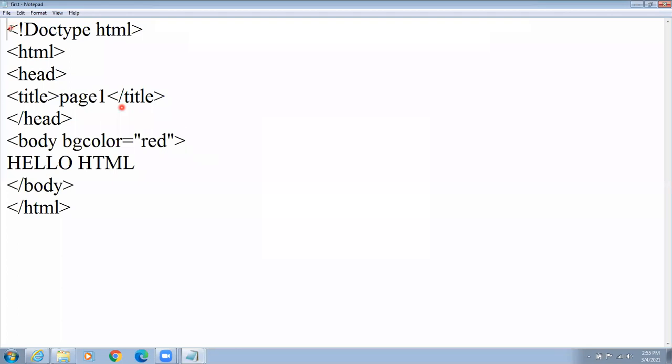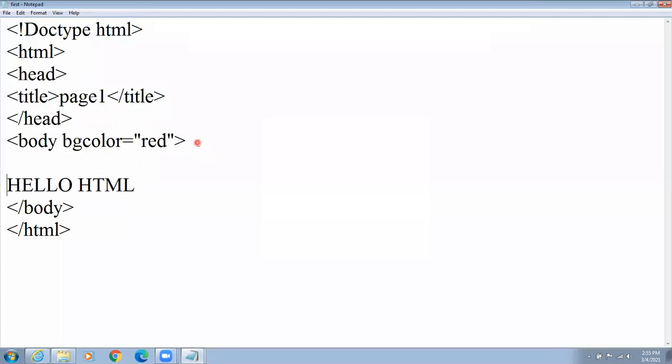Here, I will keep the coding as it is up to this. Then press enter, delete this. Now we will write the B tag: this text is bold. After this, close the B tag.